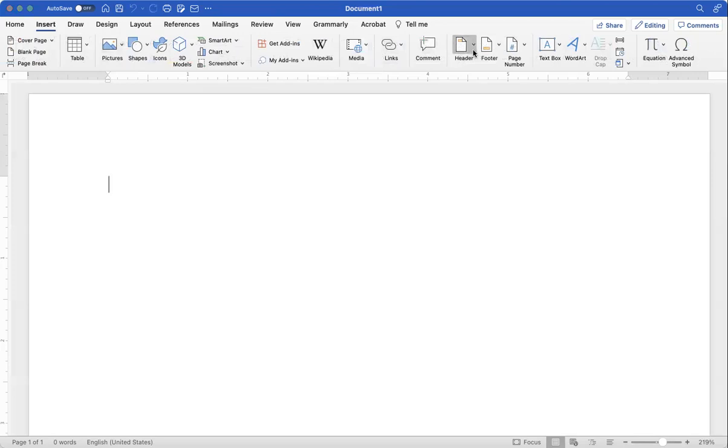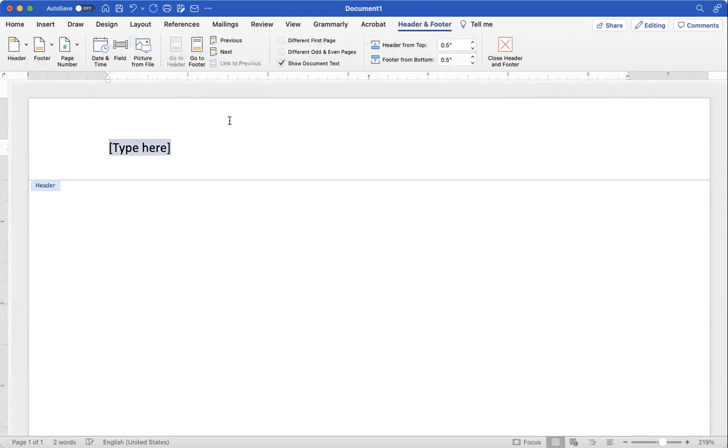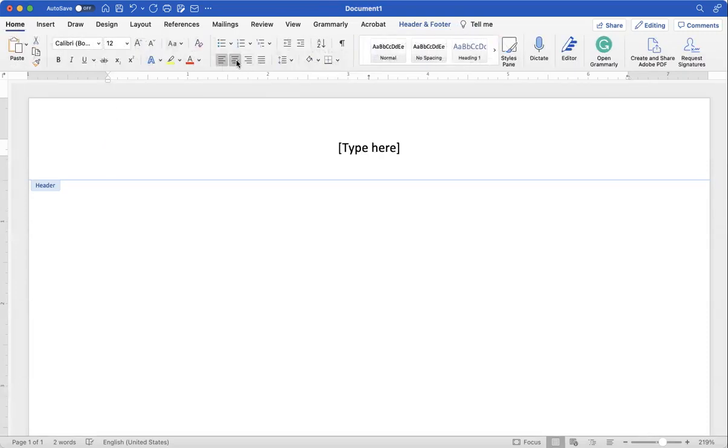I want it to be blank, and I'm not going to use all 3 columns. So I'm just going to start with the one that's over on the left margin, but I'm going to change this on the home page to be centered. Okay. So I'm going to type the name